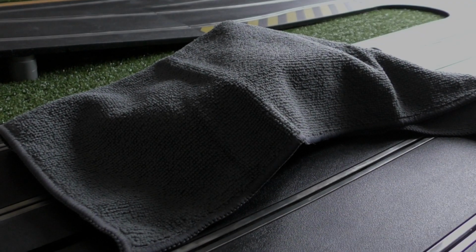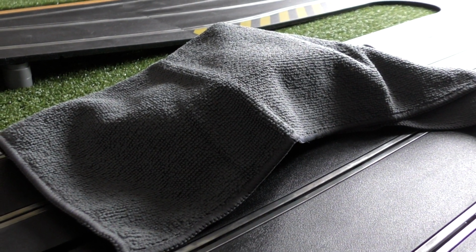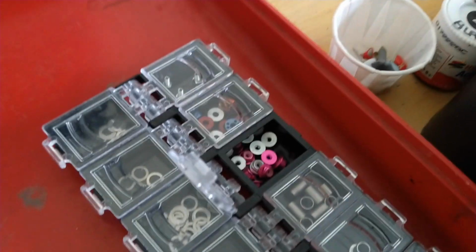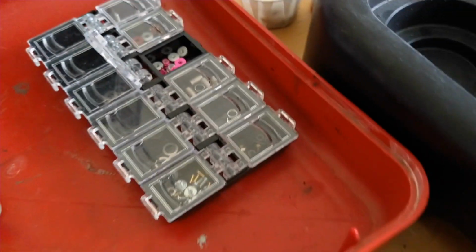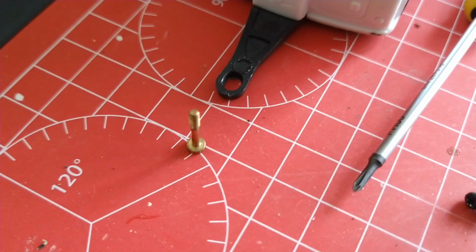So, after doing lots of research and bidding on the internet, I think I've found the perfect car for towing my caravan. Tiny little nuts and washers here that Gary's using to go onto this very tiny little, what was a suspension